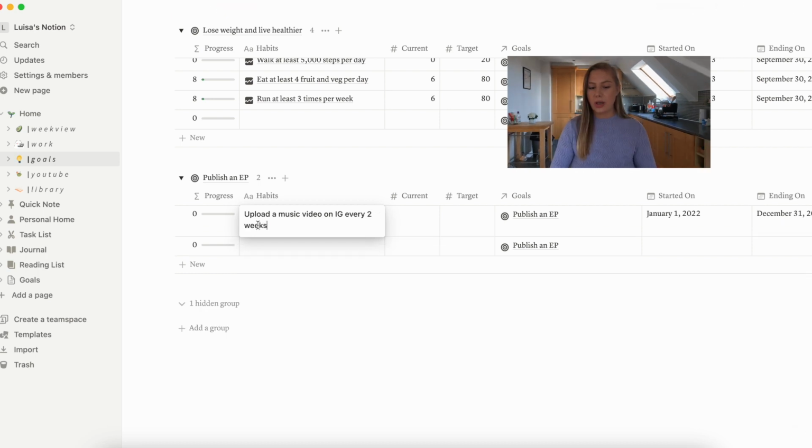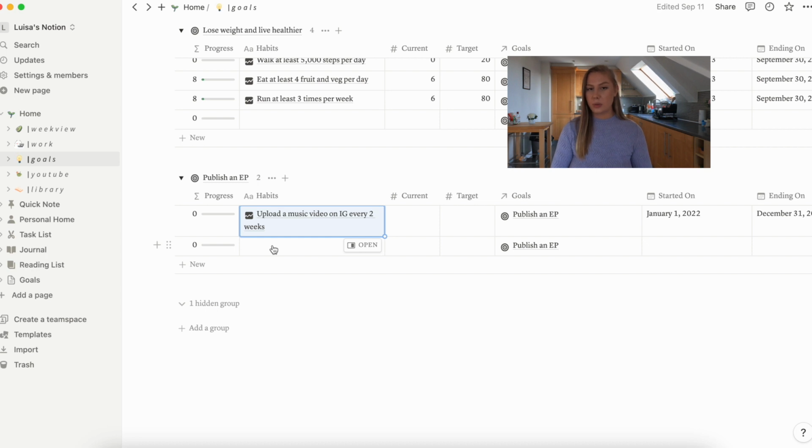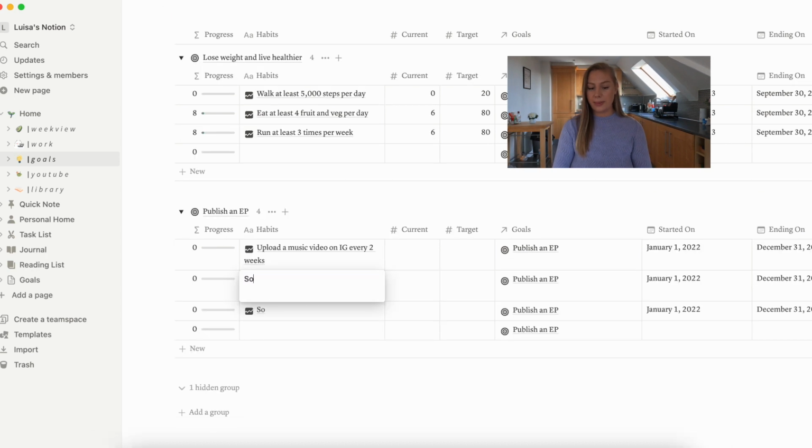I also would like to add a goal about songwriting, because it's definitely something you have to not force yourself to do, because it's fun, but it is hard to get into the mindset if you just wait until you're motivated. I'm going to put here, songwrite at least once per week.